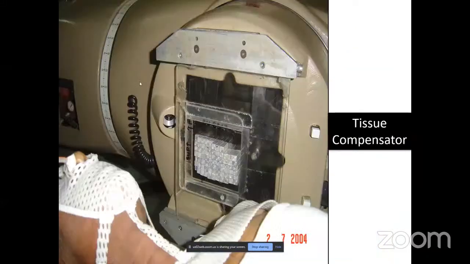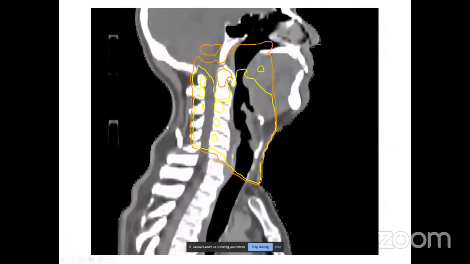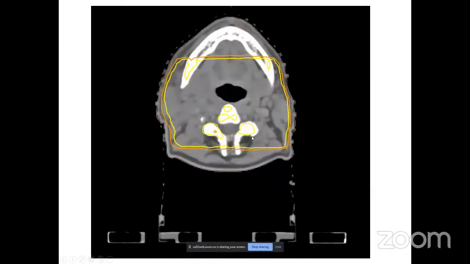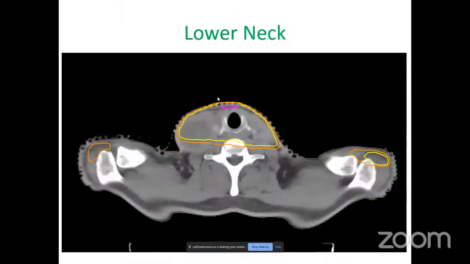This tissue compensator is placed at the time of treatment at the block tray in the cobalt machine. When you add the tissue compensator, you will see there is no hot region at the anterior aspect, and there is more uniform dose distribution across the volume. So it is important to use this kind of tissue compensator when you are considering a significant heterogeneity in your dose, in your treatment volume.